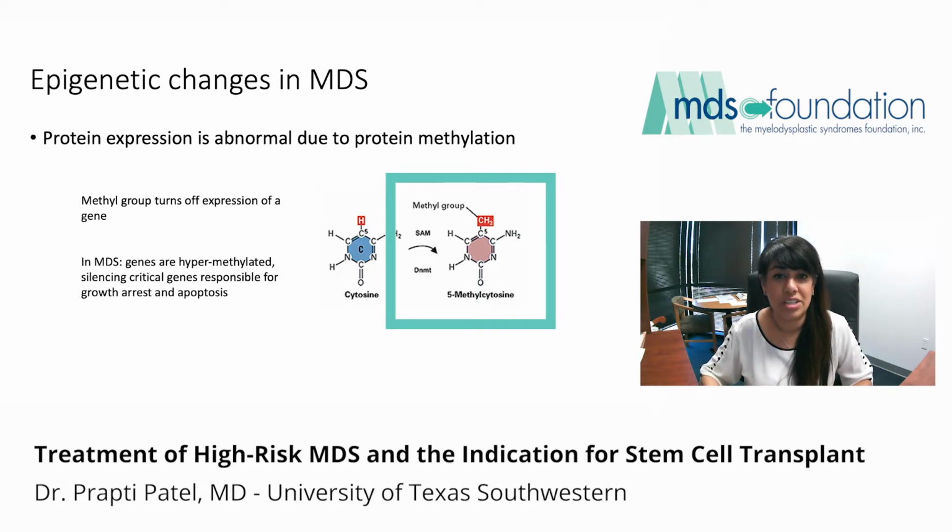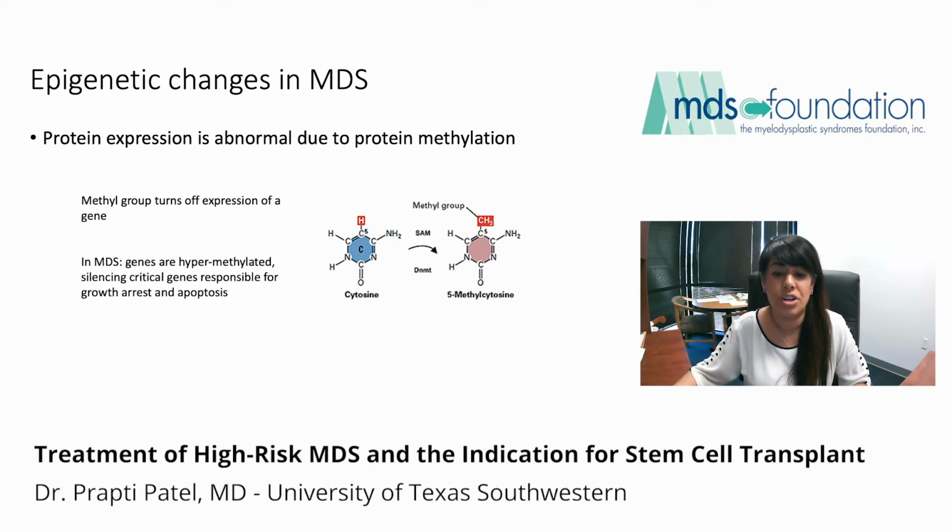Therefore, all of the genes and all of the processes that are required for these cells to mature are no longer able to function. So the cells just kind of sit there, not able to differentiate, not able to mature, because all of the DNA has these bulky methyl groups on there. And this is really the cornerstone of therapy for MDS. We use what's called a hypomethylating agent. So that chemo goes in there and cuts off this methyl group, allowing the DNA to unravel and allowing normal